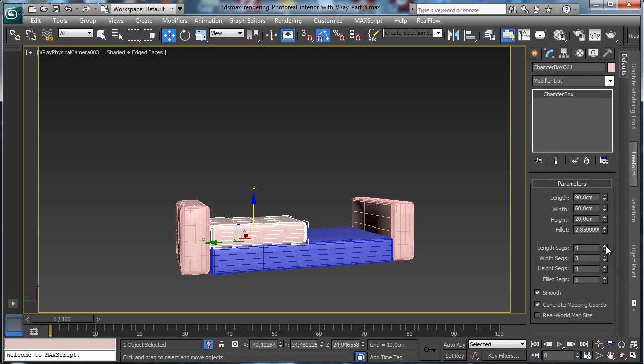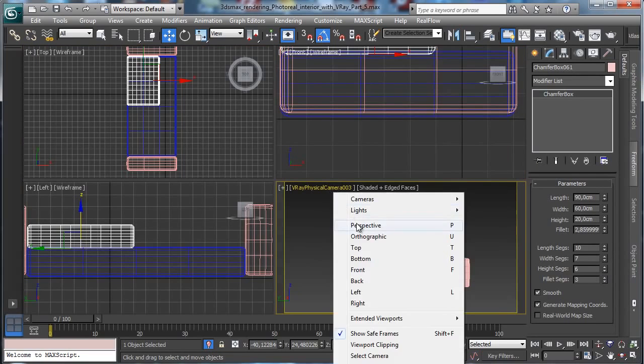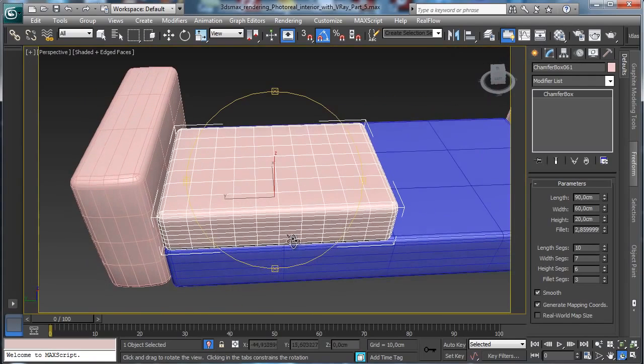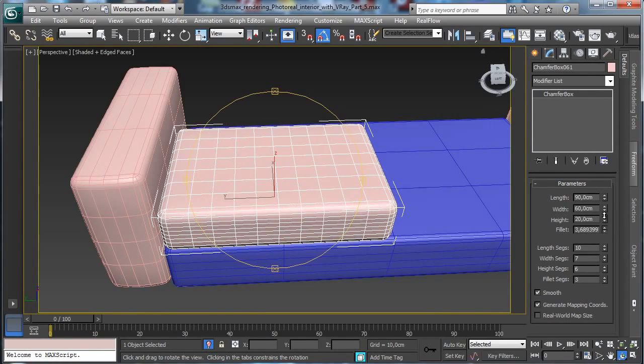Okay, and let's use more steps. Okay, let's go for perspective and zoom there. And then I like to have maybe a little bit more